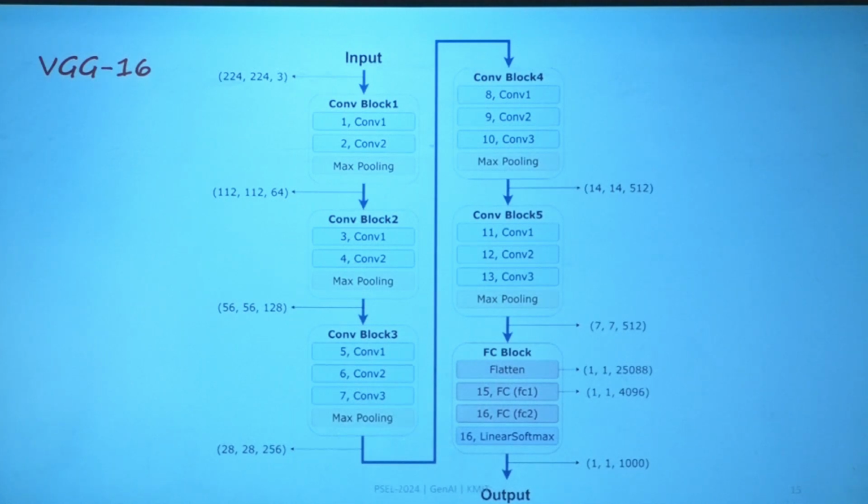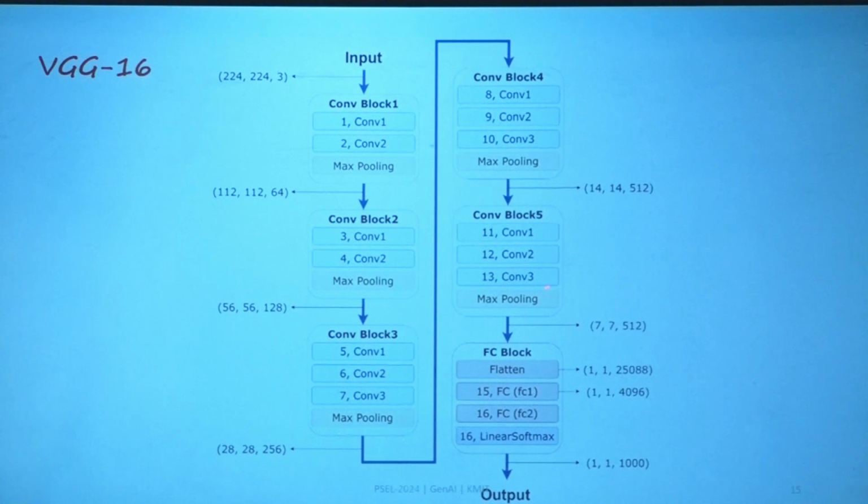512 output features means that this last convolution layer, the 13th convolution layer, is applying 512 kernels. So the final image you are getting is 7 by 7. We will see the size of this also. Now this has to be flattened. Multiplying 7 by 7 by 512, we get 25,088.